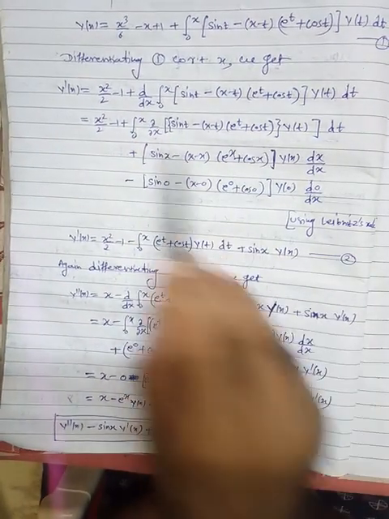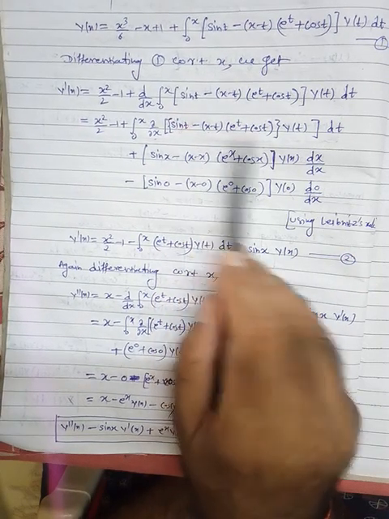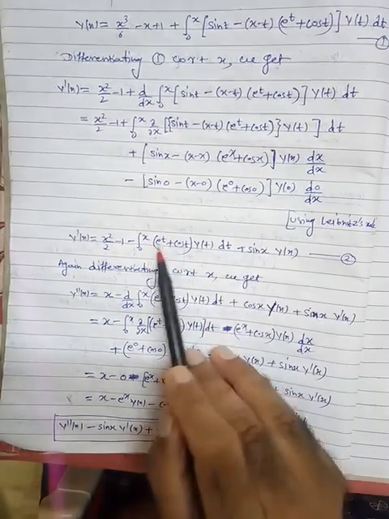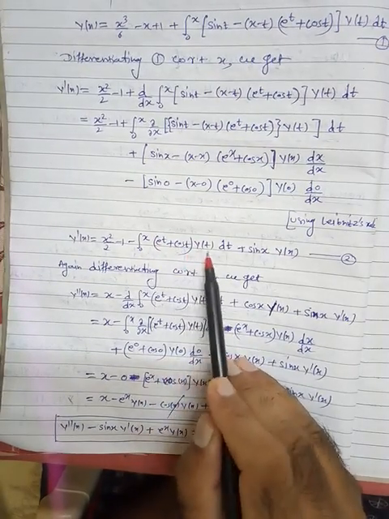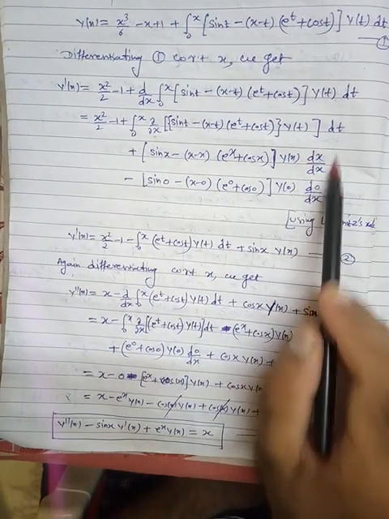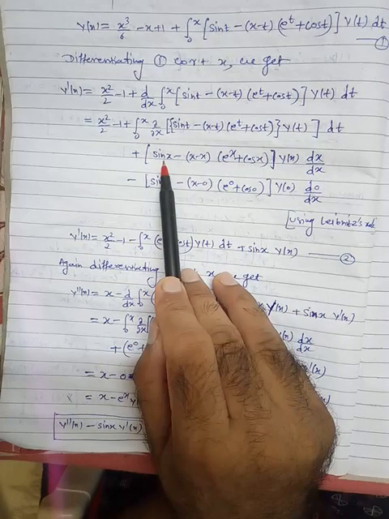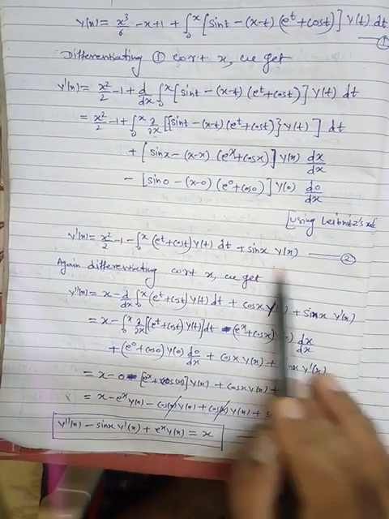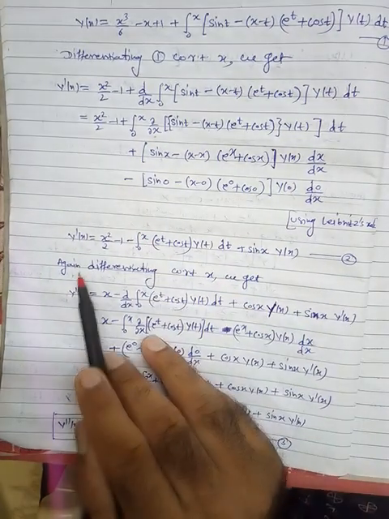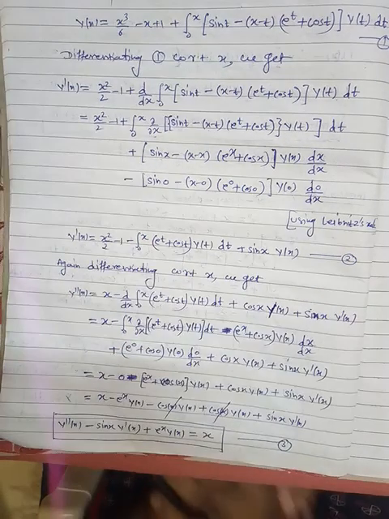Then here partially differentiate this with respect to x. So here this will be 0. From here you will get minus 1, minus 1 multiplied by this. So that's why this e raised to the power t plus cos t y(t) dt. We get this term. From here this is 1, x minus x will be 0, so this term will be 0. So we get only sin x y(x). So still we are getting one integral. So that's why we need to again differentiate this. So differentiate again, तब तक करना है जब तक ये इंटीग्रल ना हट जाए.